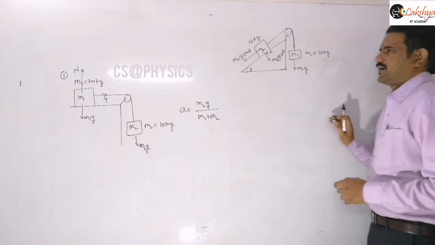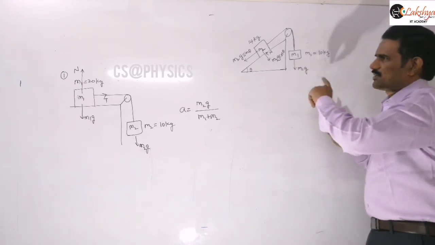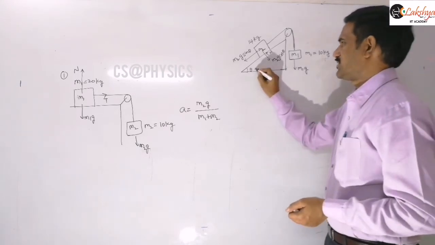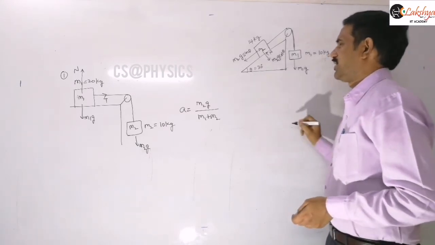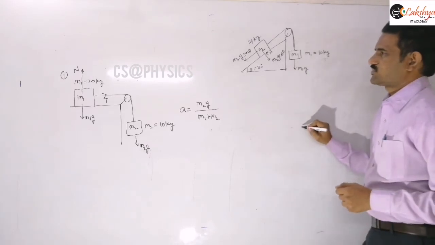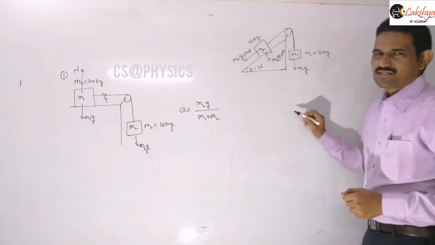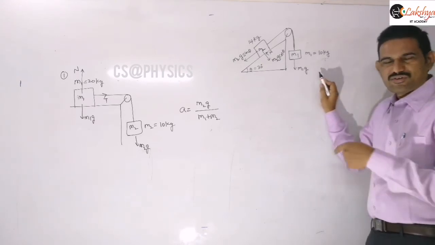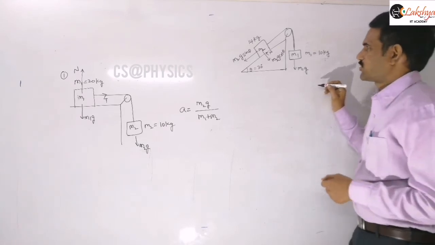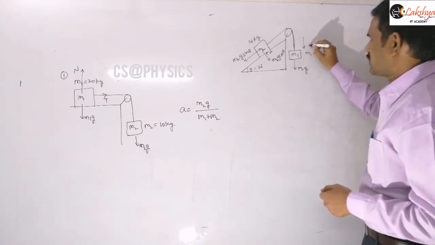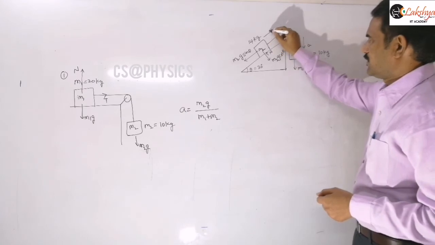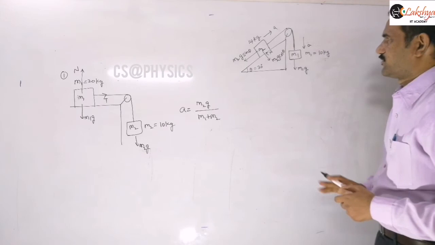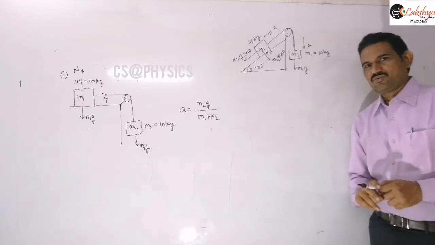Let us observe the numericals given there. Let us take this angle theta as 30 degrees, for example. Then M2G sin theta gives you 7G on this side, and on the other side it is 10G. So definitely this is the larger force here. What we can conclude is that the system is accelerating: M1 is accelerating down, and M2 will accelerate up the inclined plane with the same magnitude of acceleration, right? So that is the acceleration we can conclude here.